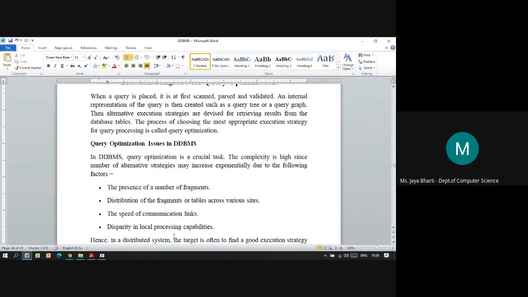So these are the four factors which can affect the complexity of the alternative strategy: the number of fragments, the distribution of fragments across the sites, the speed of communication links, and the variations in local processing capabilities. If different nodes are present, whether they have the same application program or are on different platforms, that contributes to the strategy complexity.